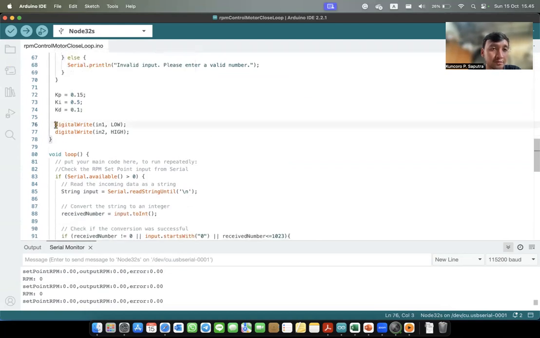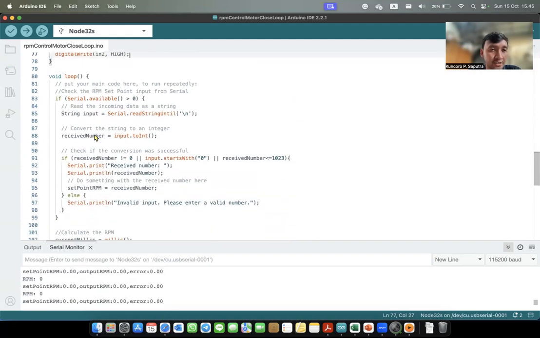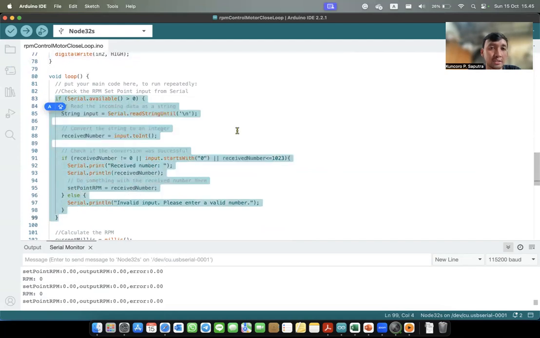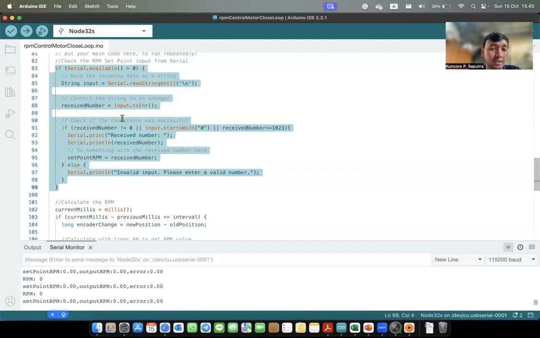So after that, we configure the forward direction for the motor. In the loop function, we can see this block, and also the function in the setup function. This block is used to check the data input from the serial and convert it to an integer.